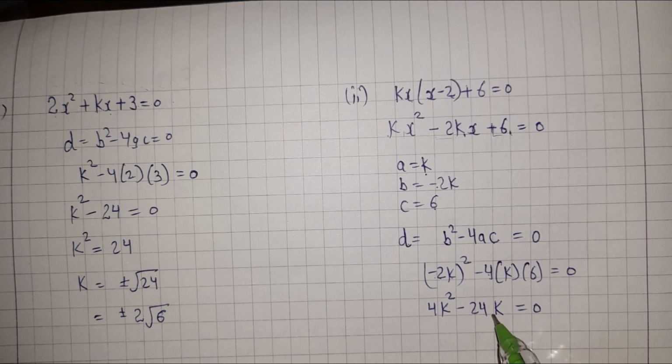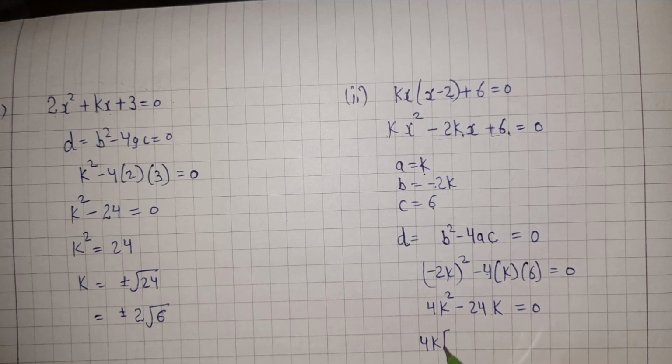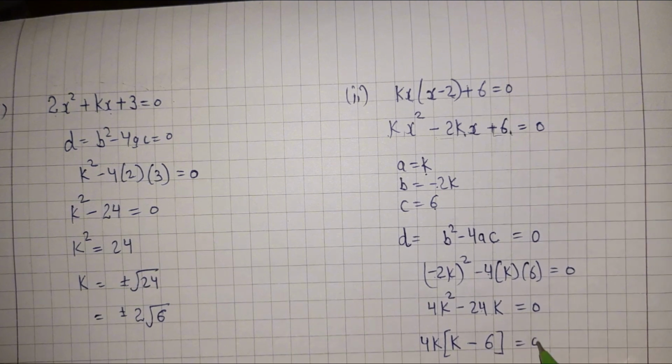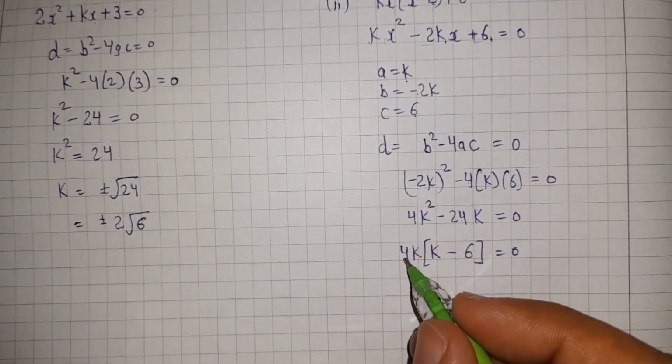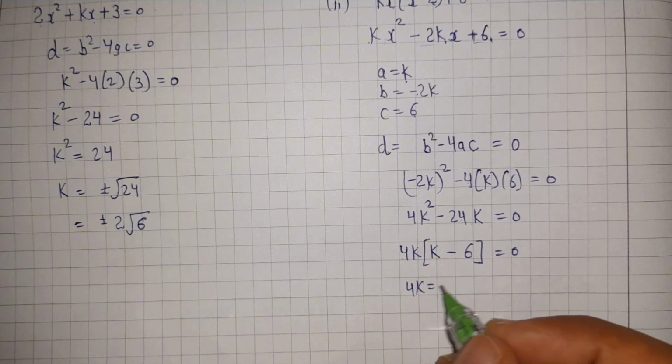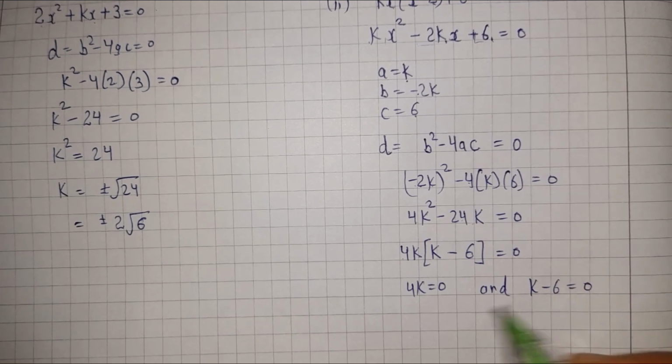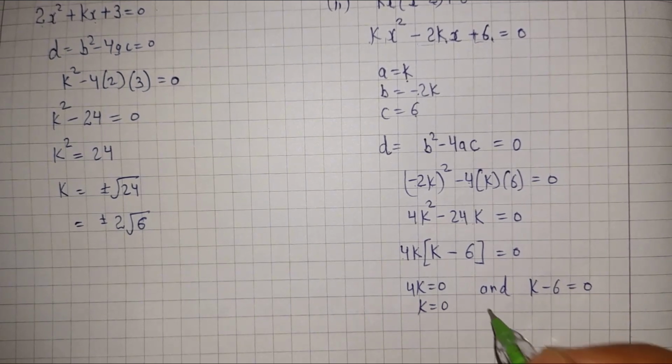From these two terms, we will have 4k common. After taking 4k, 4k square becomes k, minus 6, 24k common. Equating 4k equal to 0 and k minus 6 equal to 0, we will have k equals 0 and